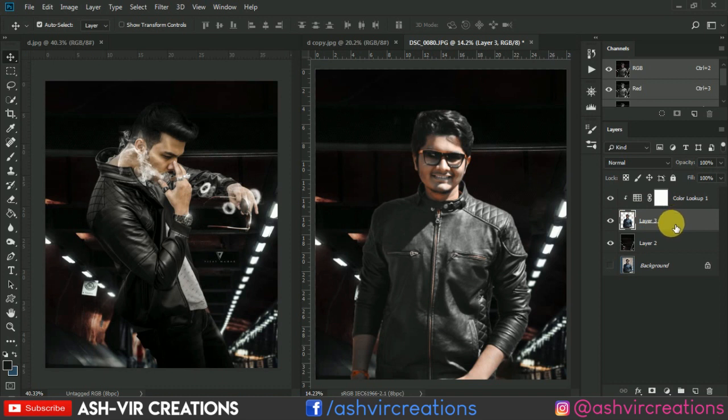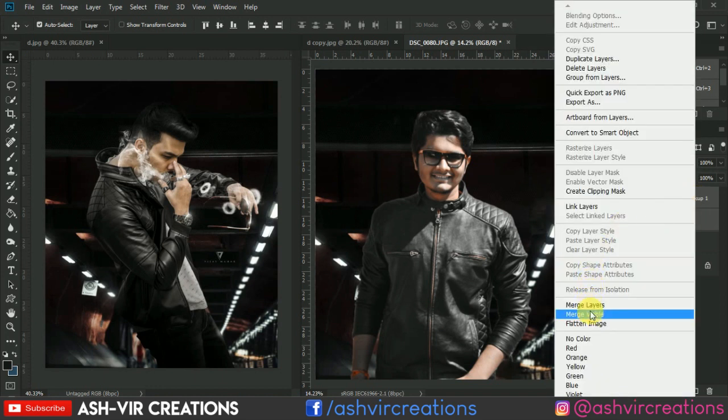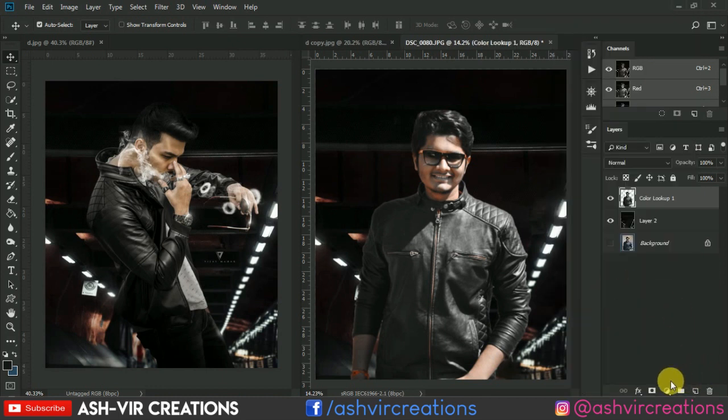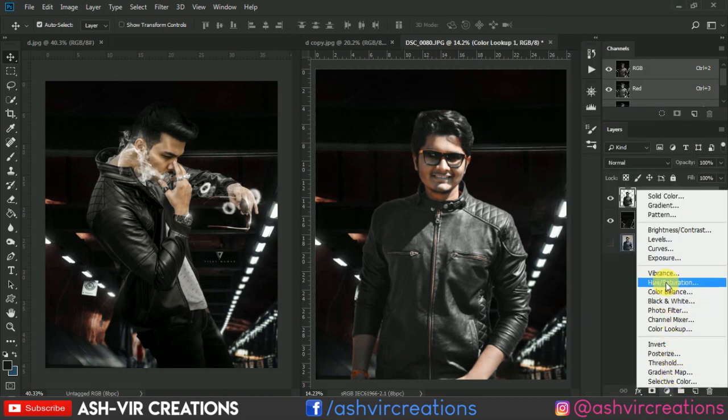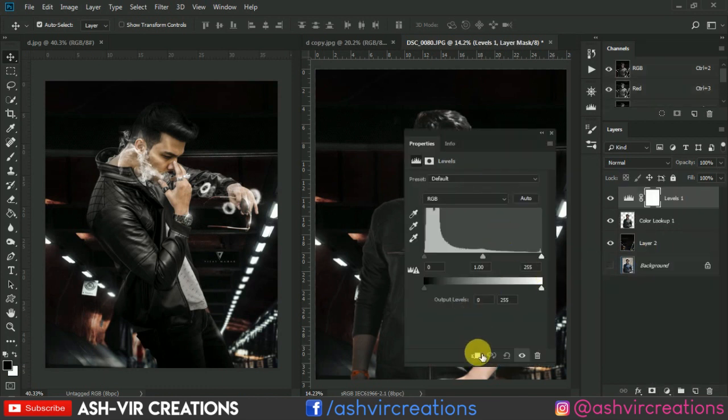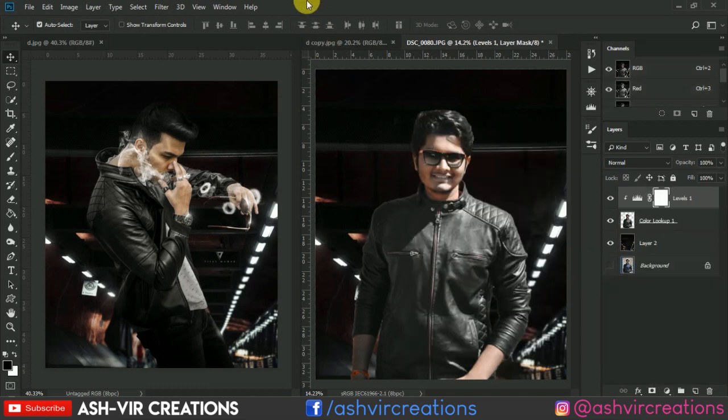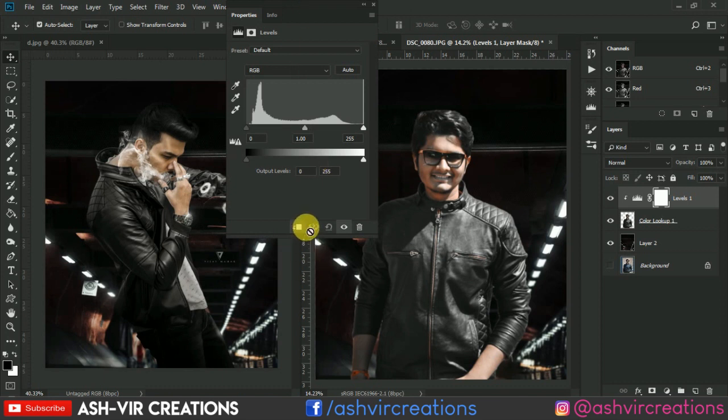Still there are more adjustments to be done. So we will just merge both these layers. Right click on it and select merge layers. Now we will go to the adjustment layer and select the levels from here. Select the clipping mask tool from the button over here. Now we will just move the arrow key like this way,